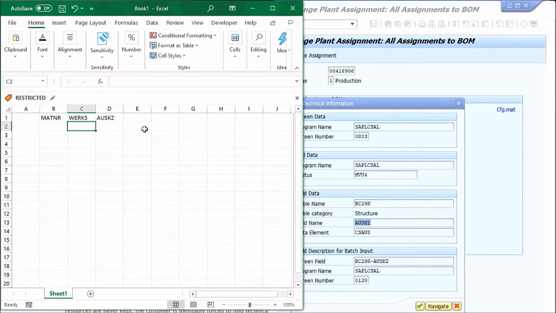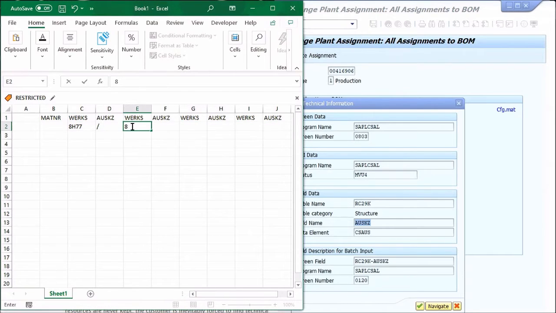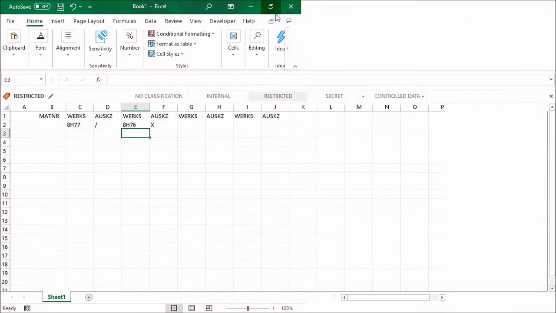All right. And so you would put the number of the plant here, H77, and then a slash. Oops. If you don't want the thing to be deleted. And then again and again, 100 times. So we're going to try to delete 8H76,